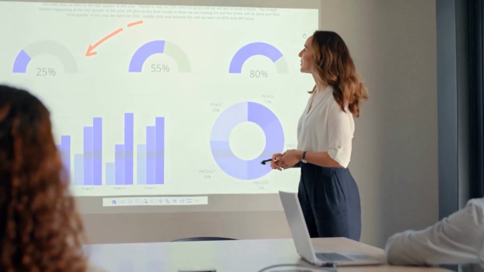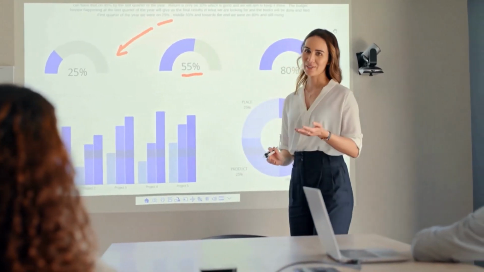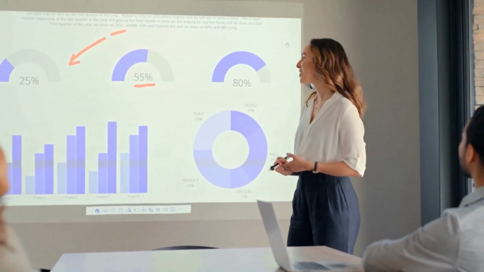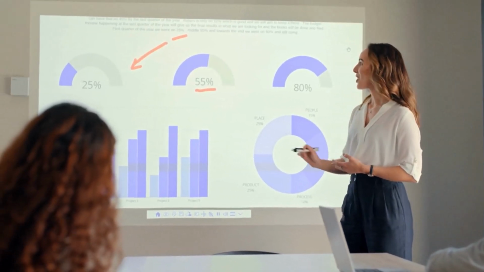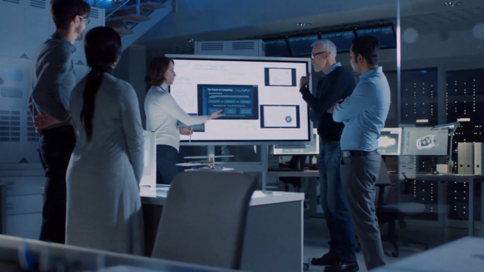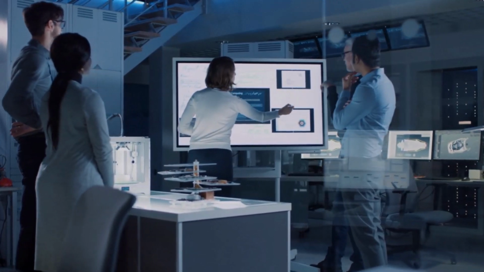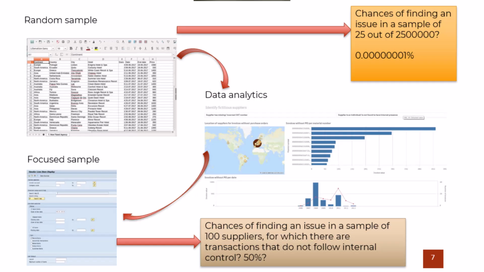So what about SAP T-codes then? Because we're not here to talk about data analytics, we're here to talk about SAP T-codes, right? So why would you even use SAP T-codes? If you are in internal audit and you're doing some data analytics, then you want to check that those data analytics are correct before you go and tell someone about your amazing results. Because sometimes we do get stuff wrong. Sometimes it's something we didn't think about. And it's always really good if we can check things. For me, that's the main reason I would want to use SAP T-codes, right?